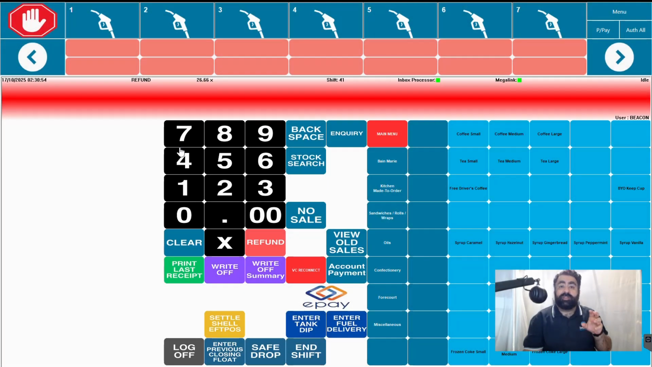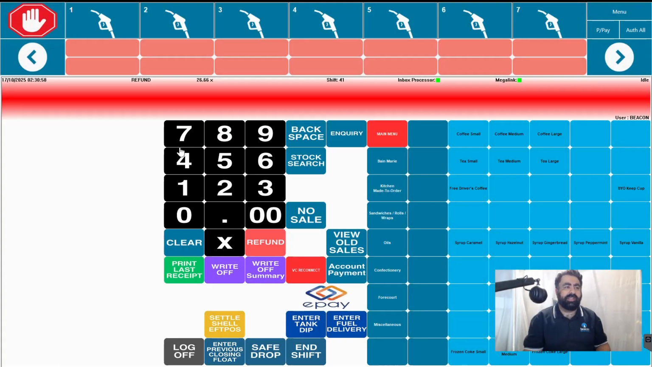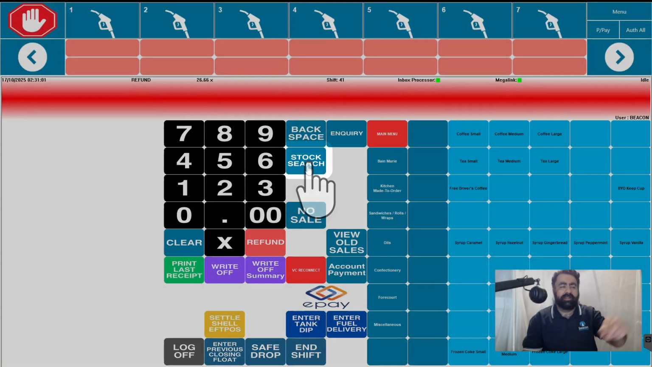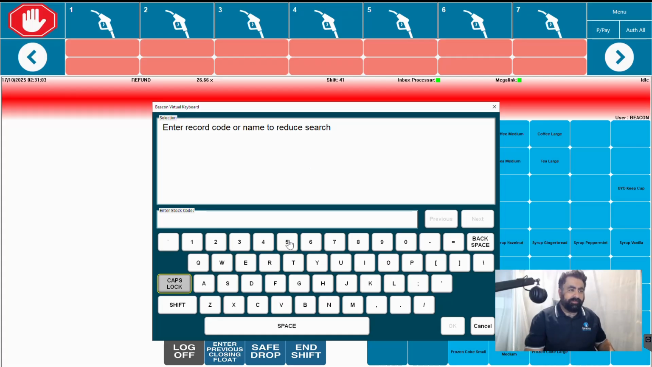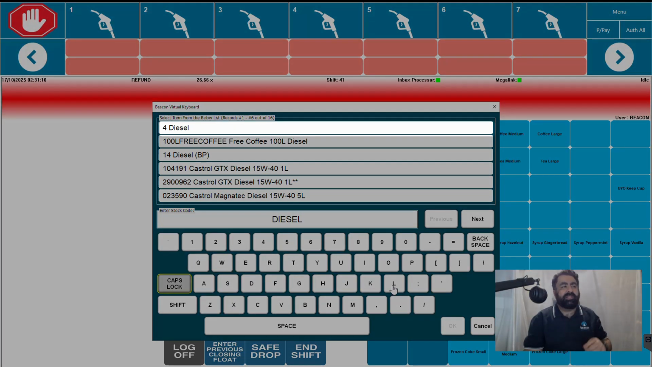Now we're going to bring up the actual fuel grade. So with my receipt, it says it was diesel. So with the stock search button, tap on that, and then I'm going to type in diesel. Okay, you can see specifically this item is just the one called diesel on my receipt, so I'm going to